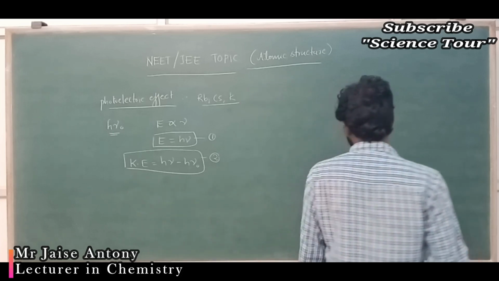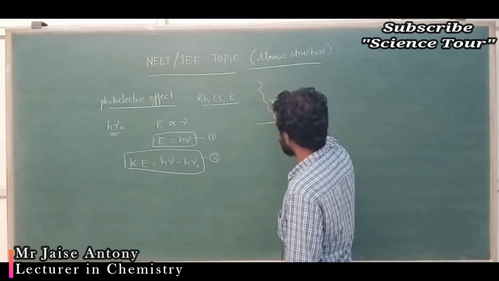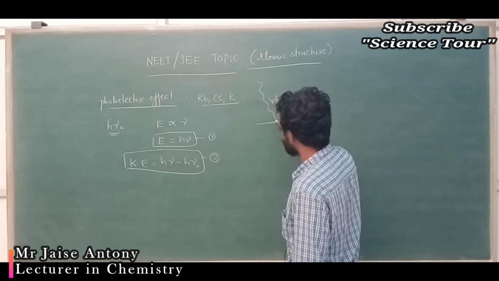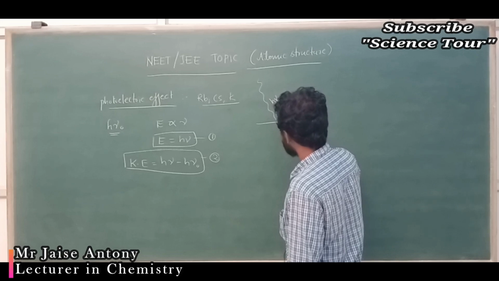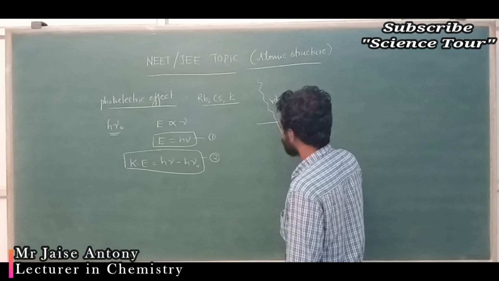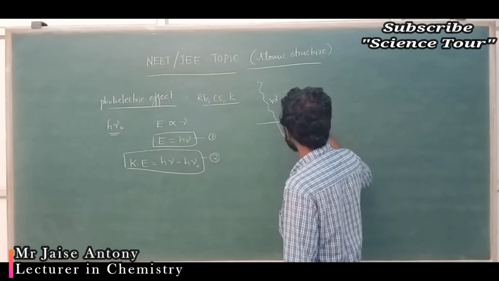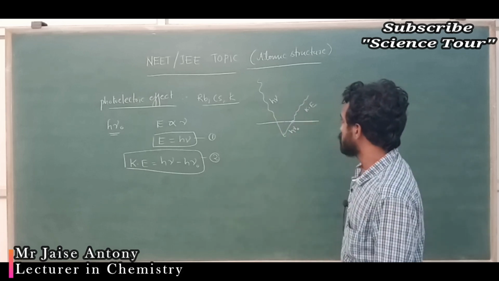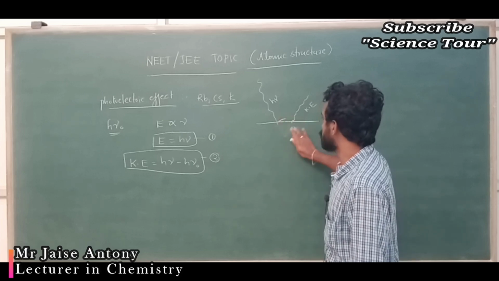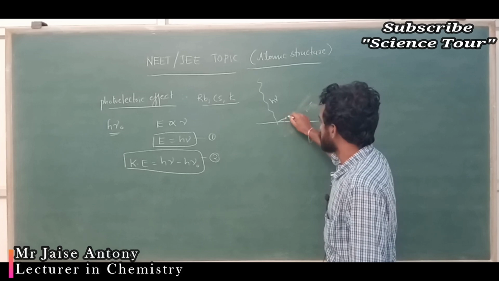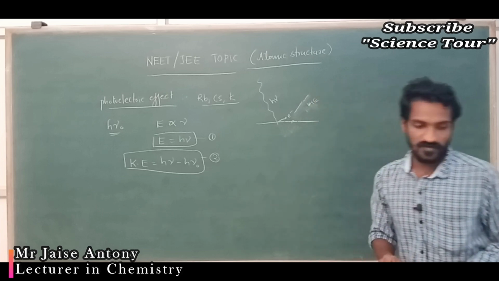Okay, if you want it once again, I will just explain. This is a metal surface, h nu is the frequency that is coming, understood? From this, how much energy? One electron is emitted out using h nu naught, the threshold frequency, and the remaining energy is used as kinetic energy. What is kinetic energy? It is h nu minus h nu naught, understood? Here I will write h nu minus h nu naught, kinetic energy, that I explained in the last class, over.